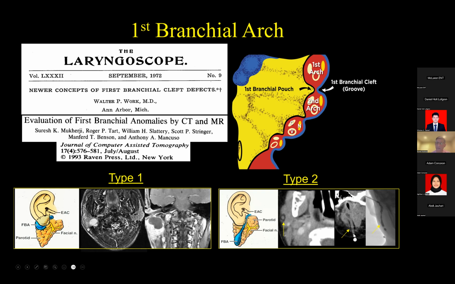So if you do have a child that presents with a little dimple, or on the other hand you see a papilla, or you have unexplained infections of the parotid gland, you have to consider the possibility of a type 2 first branchial anomaly. Now, the other piece of information why I wanted to specifically show this is that, look, those